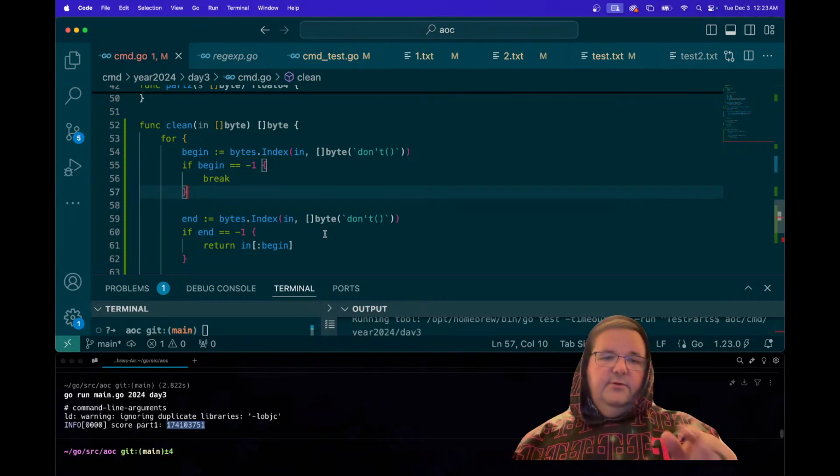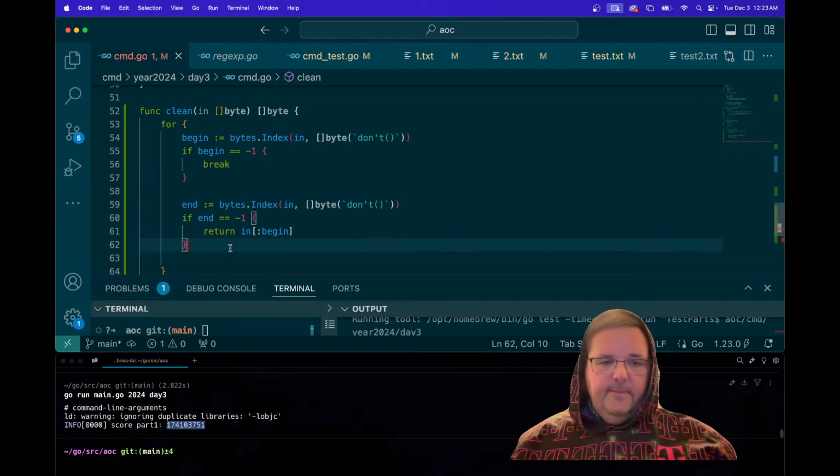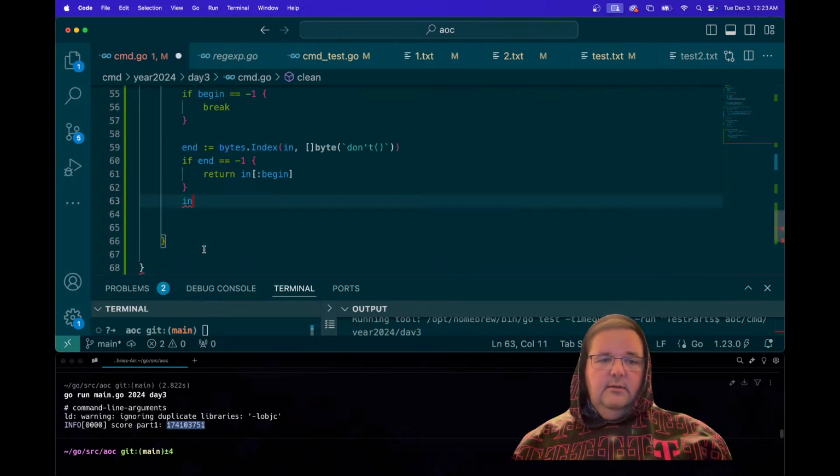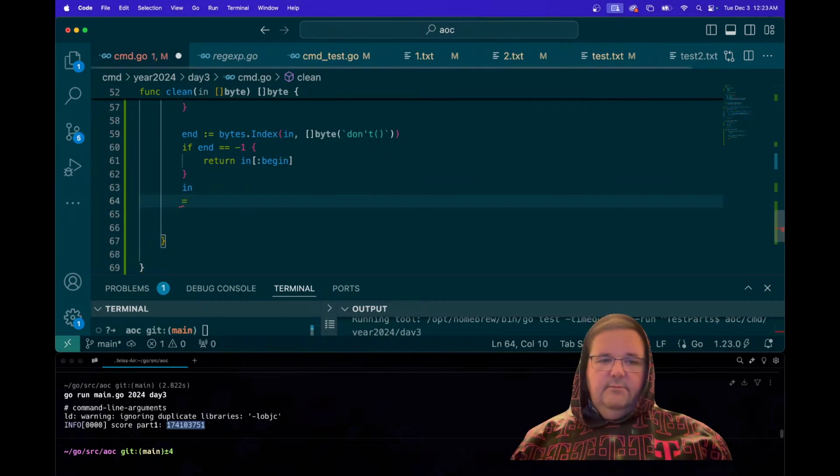So that's where the first index of don't is. We want to return up to that. Else in becomes